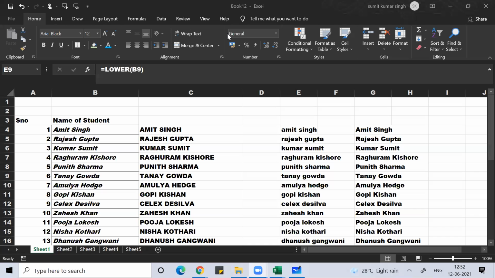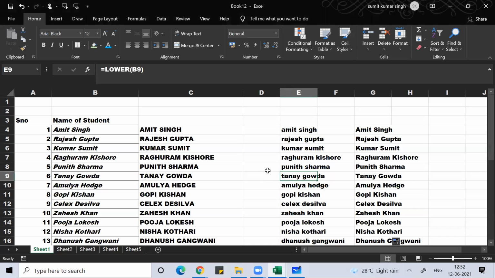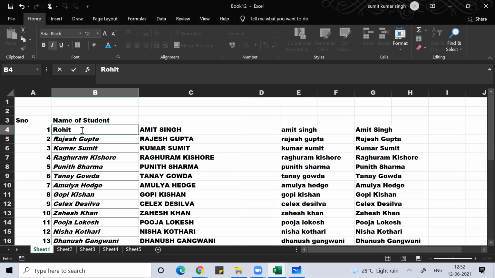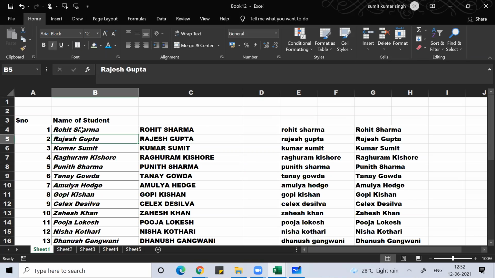Okay. Now guys, this is very important. If you understand, guys, these are not real values. If I put Rohit Sharma instead of Amit Singh, everything will become Rohit Sharma because they are formulas, they're derivatives, not real values.